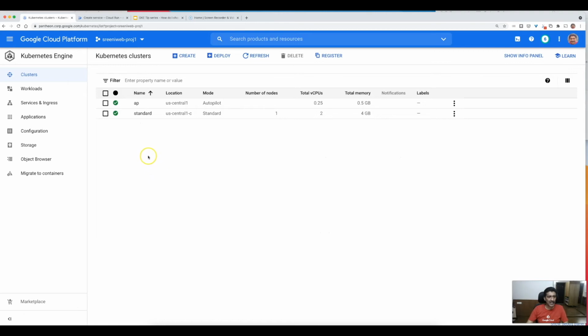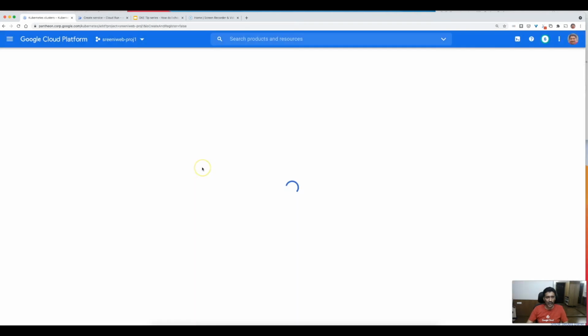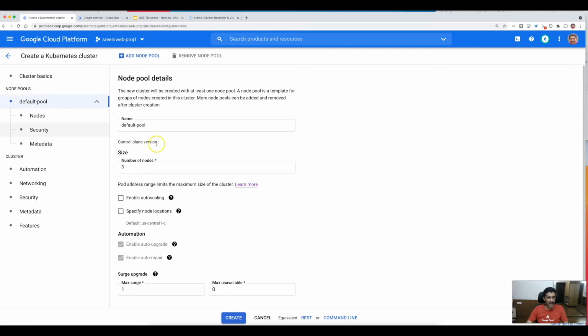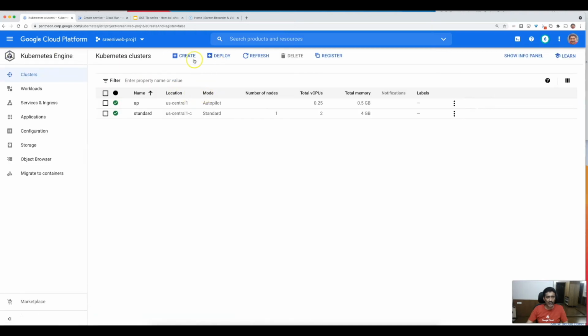Let's see some of these things in action. Let's say you want to create an Autopilot or a standard cluster. We go to the standard GCP console interface. Now, when you want to create a standard cluster, you will see a lot more options to create the cluster. That starts off with your nodes configuration. Here is where you specify what your nodes are and what type of CPU your nodes need to have. Security, networking, all these configurations you specify. Now, if you have an Autopilot cluster, it's much more simple.